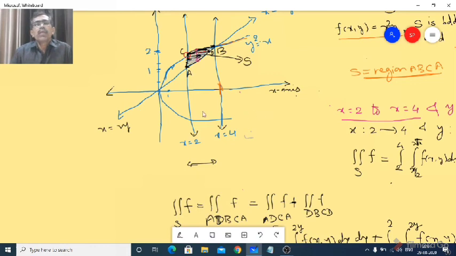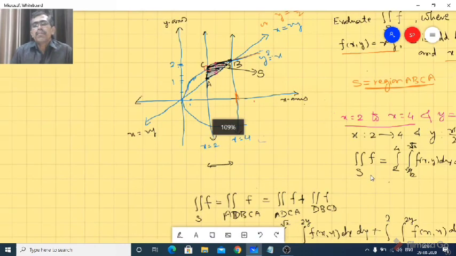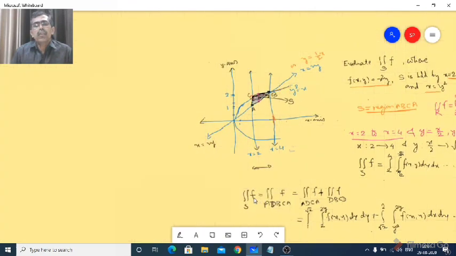Always remember one thing. We have seen here the integral of f over S as a repeated integral with respect to y and x, and with respect to x and y. So whenever you want to evaluate, try to evaluate this type of integral. It will save your time. Thank you very much.